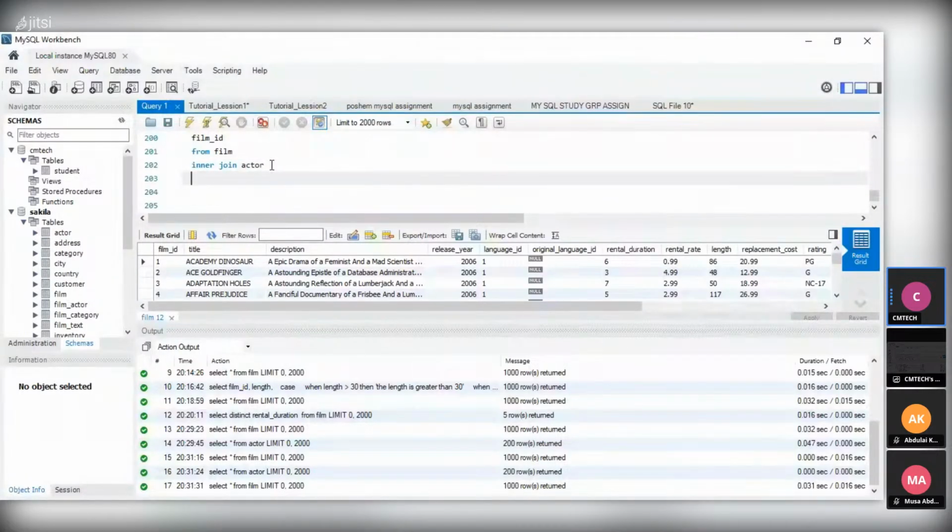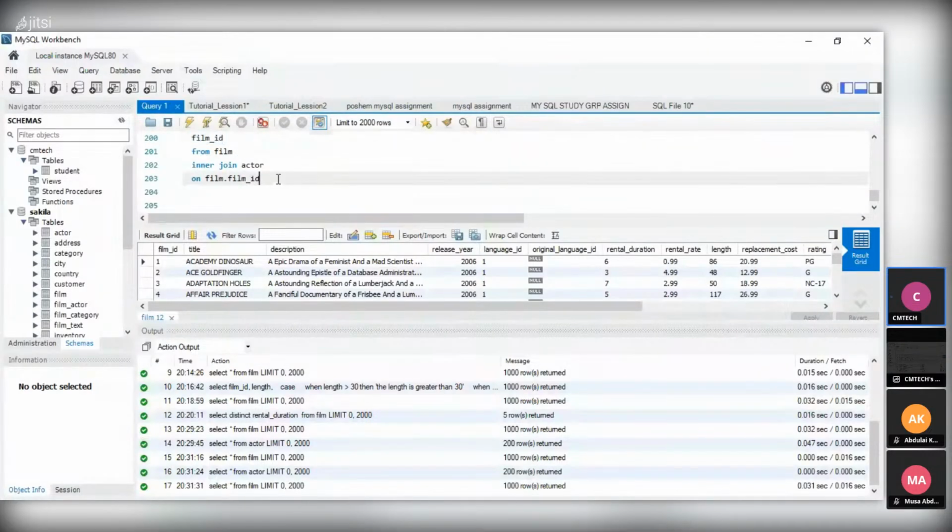So on the table film dot id. This is how we can trace our column. So film dot id,